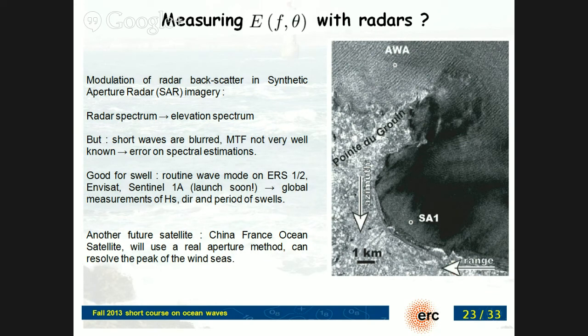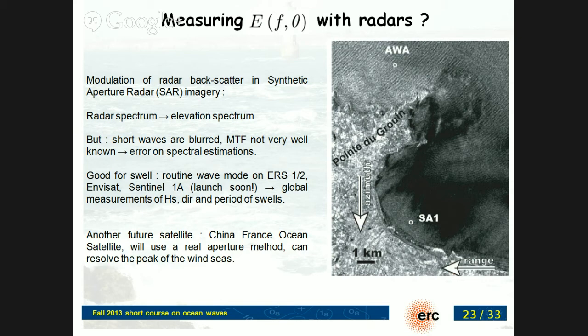And so this is what a SAR image looks like in a coastal area. So that's actually close to Le Mont Saint-Michel, which is around here, and Saint-Malo is here, and that's the Cancale area. So you see the stripes here, the white and black stripes. These actually correspond to wave crests you can see in the image. It's not really a picture